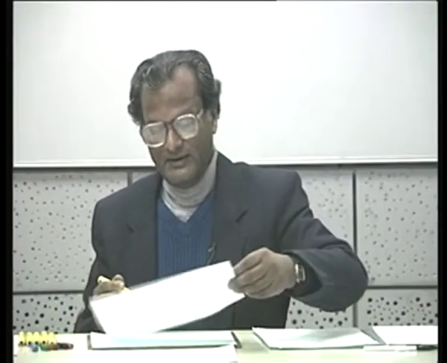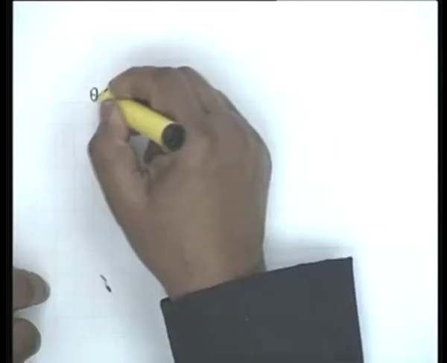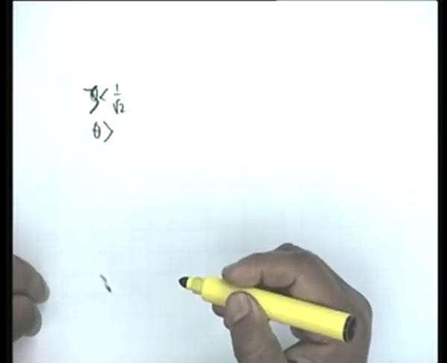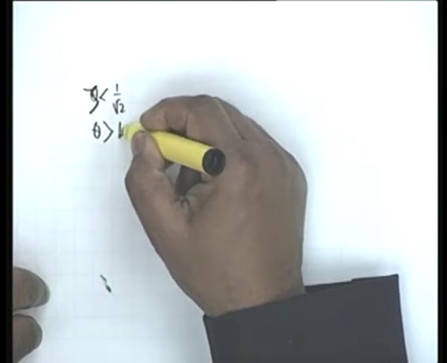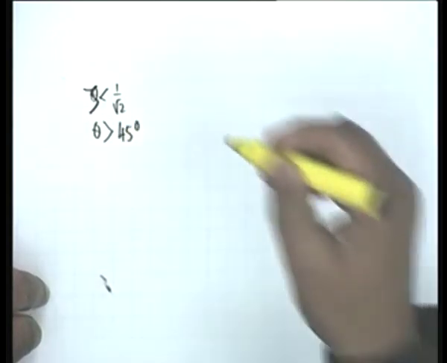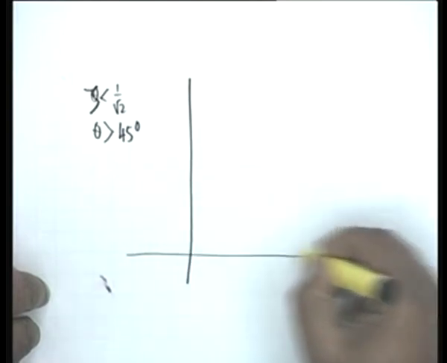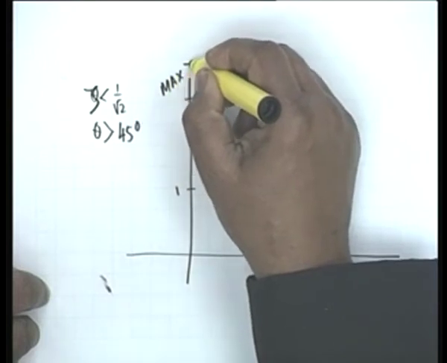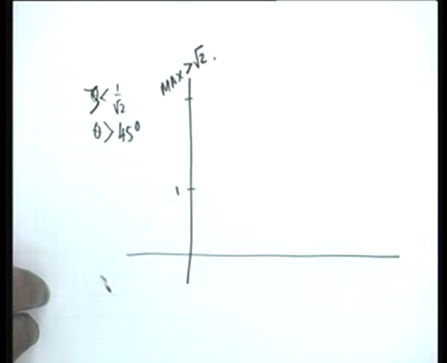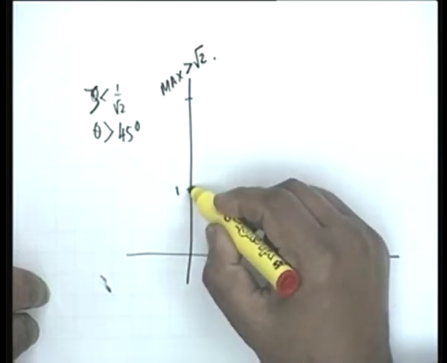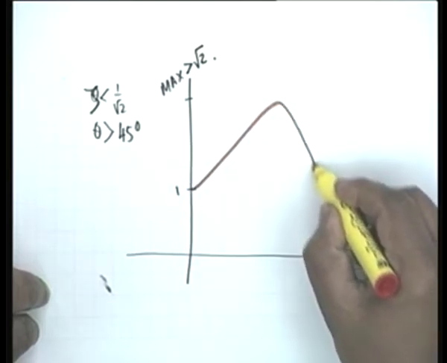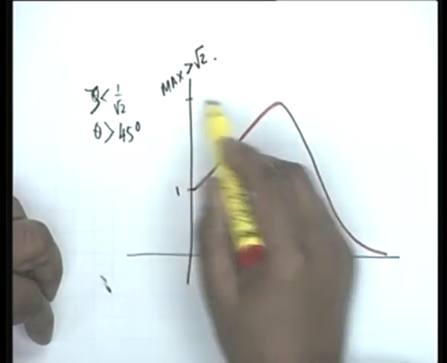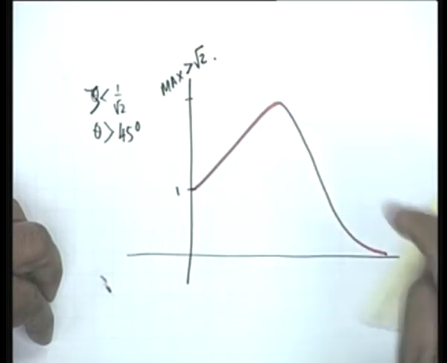All right. Now suppose zeta is less than 1 by root 2, and theta is greater than 45, in such a manner that the max is greater than root 2. Then my magnitude function shall vary like this. You start from 1, go through max at omega equal to omega m,